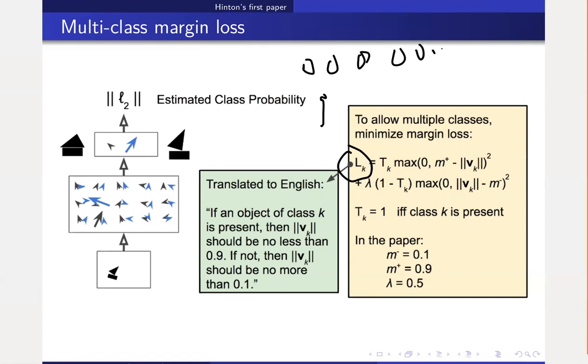If the input is classified as a dog, then the dog capsule should be most excited, with the highest magnitude compared to the rest,